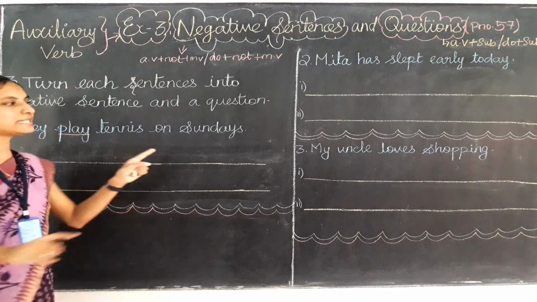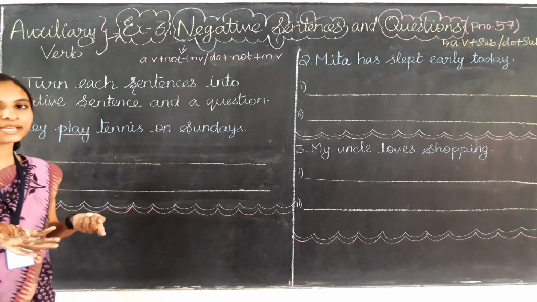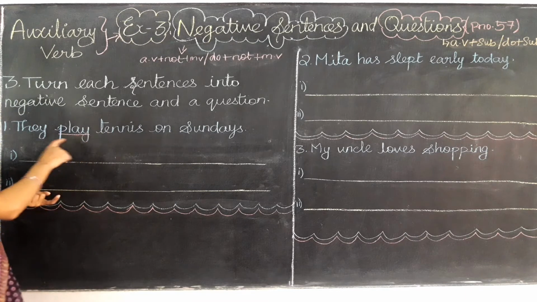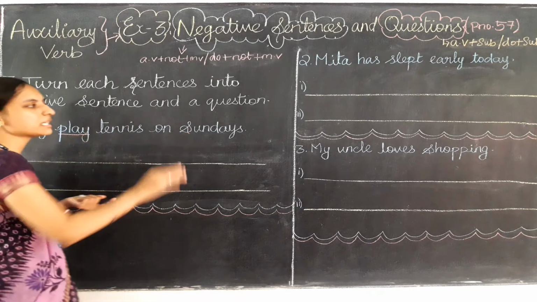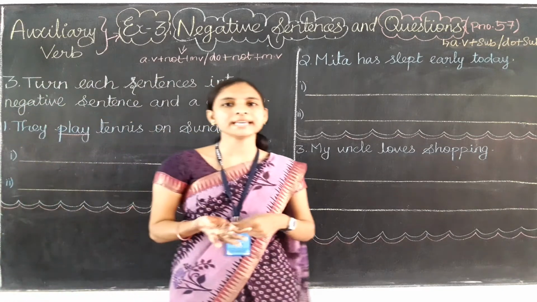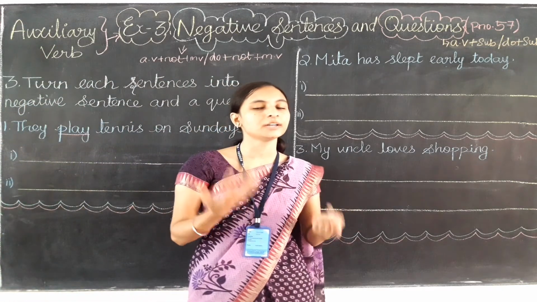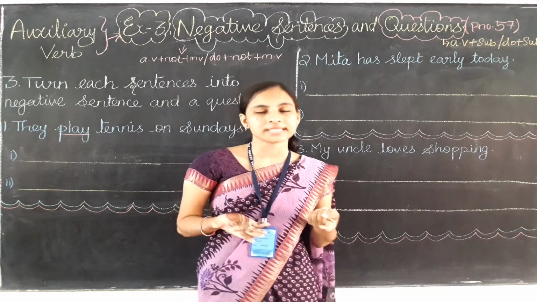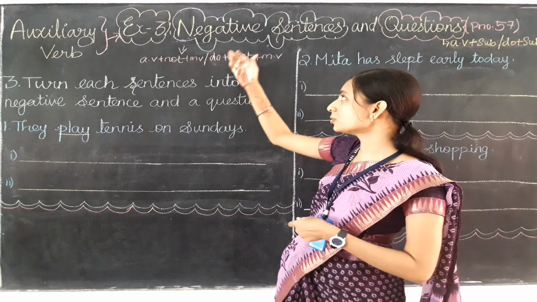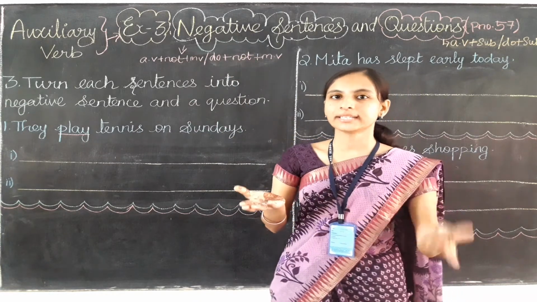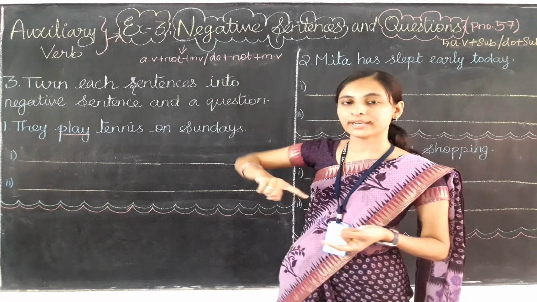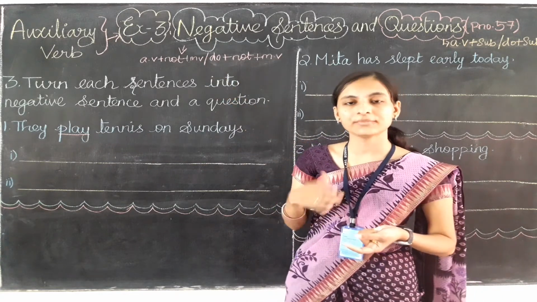Here this sentence is a present time sentence only. How? Because they are using the present time verb, that is, they play tennis on Sundays. This is the normal usual thing. So for the present time verb, which do form verb do we need to use? Do or does only. For the subject they, we need to use do only. We need to use do for the present time.